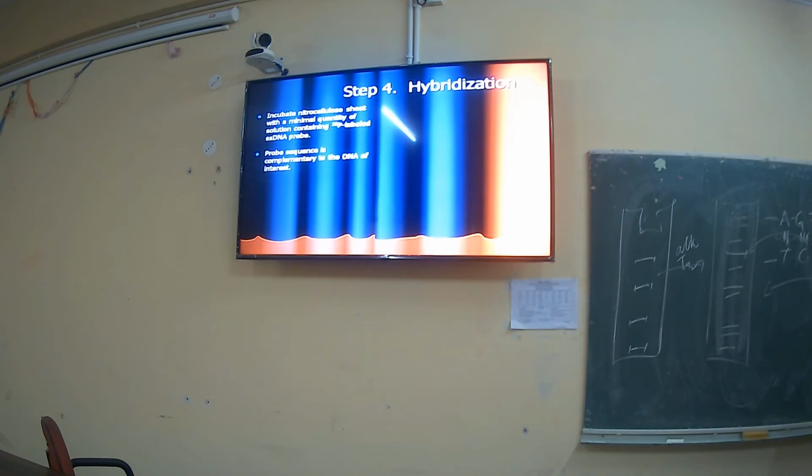Hybridization with a probe. In probe hybridization, there are two types of probe. First is a known probe and second is an unknown probe. If you want to isolate the gene of interest, that means you should know about the known probe. Your probe should be known, because if you know the sequence of that particular gene, you can use the known probe. And in the case of an unknown probe,